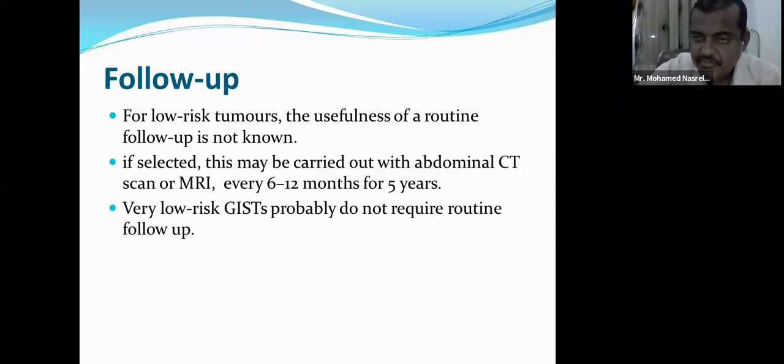So we had to operate on him at that time because of that severe pain. I think it was because of central necrosis. It was a very huge tumor infiltrating the transverse colon and the spleen, and it could also have been an infarction of the spleen because of these infiltrations. It was an urgent surgery.